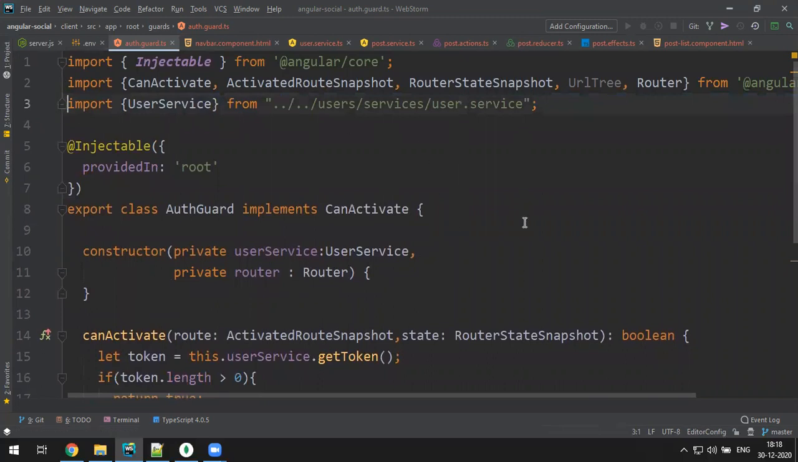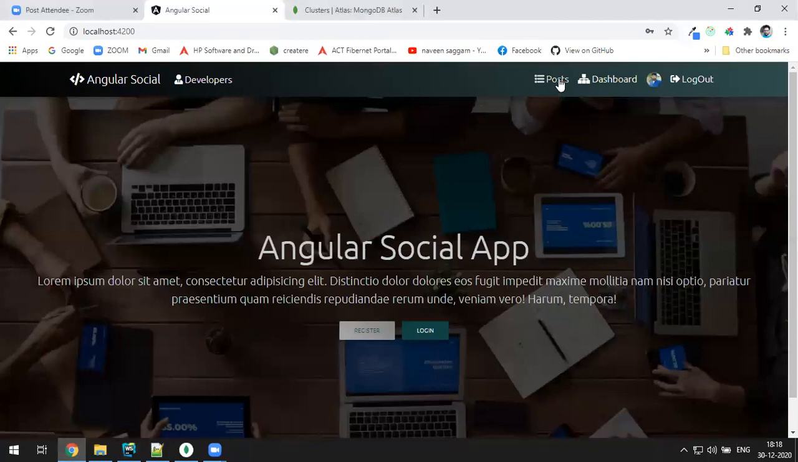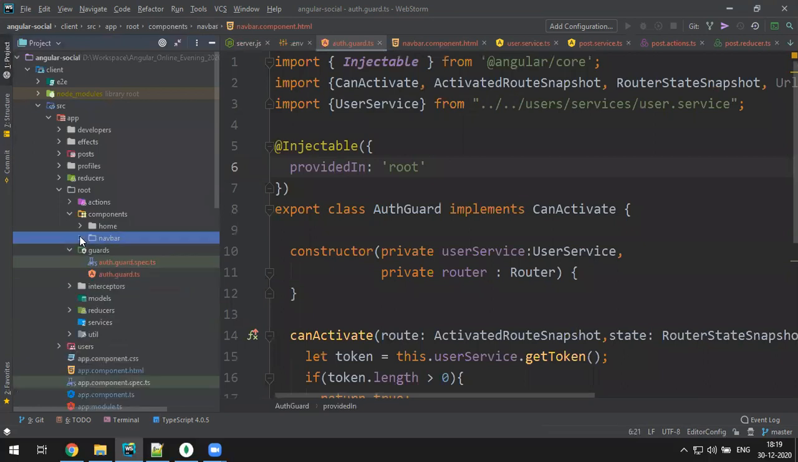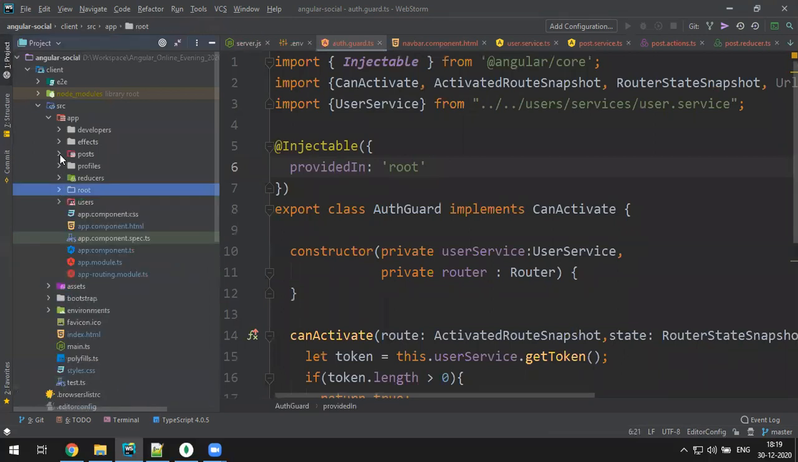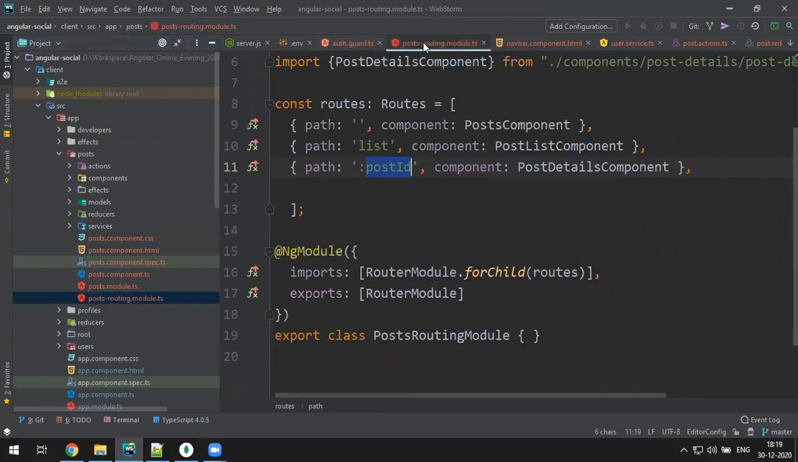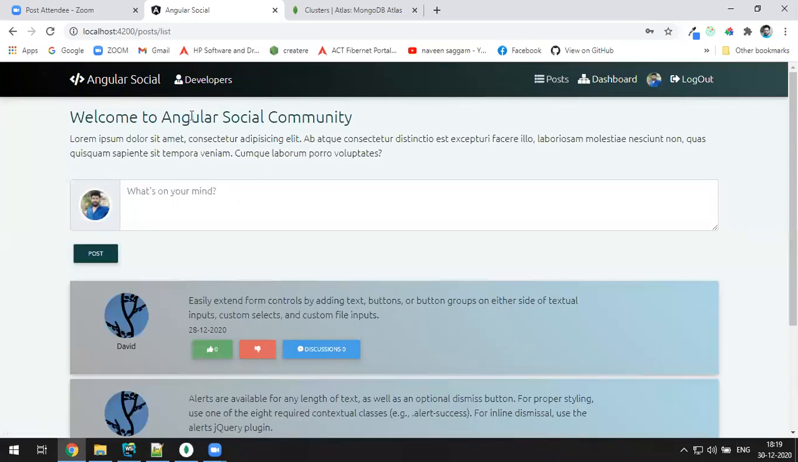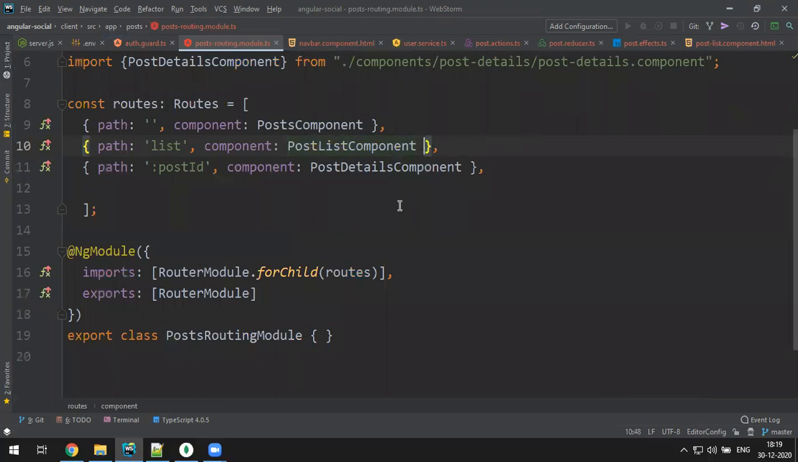This authentication guard, I have to configure for the links like the post link and dashboard link, or both. Post belongs to the post module and dashboard belongs to the profile module. So first I go to post, in the post routing module, the post list component, right? When I click on the post, it just displays the post list. So this post list component is to be configured with